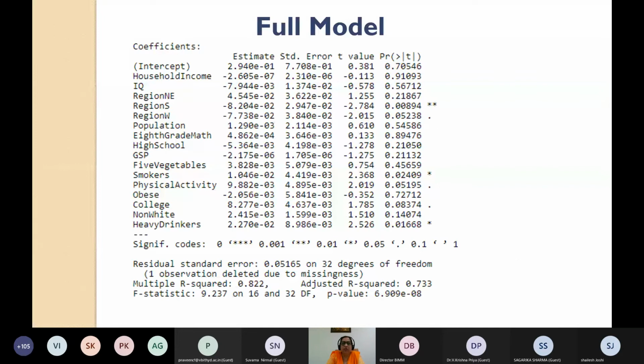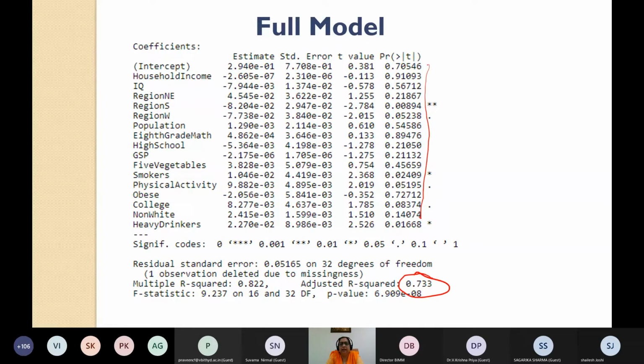Now let's say this is the one model that has been developed. If you go through these particular values of p or the values of t, the value of t can be positive or negative. A negative value doesn't mean the value of t is less. So you look for the lowest t value and try to remove that from the equation, wherein the adjusted R square, as you can see, is this.